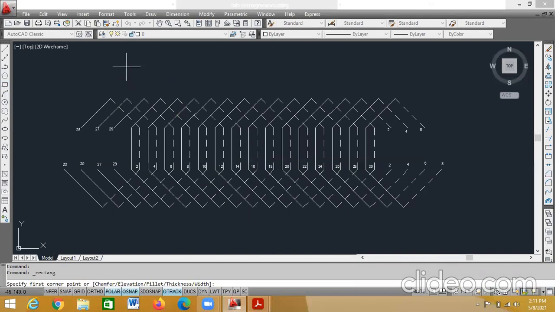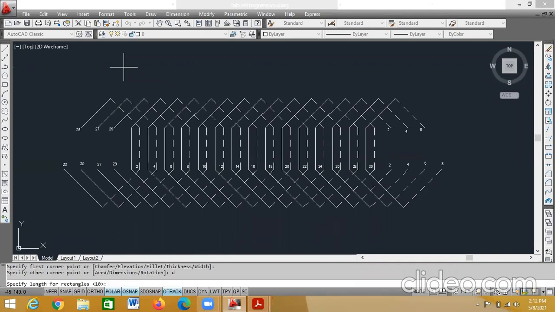Specify a point somewhere here. Click. Then it asks to specify the other corner point or area, dimensions and rotation. We know the dimensions, so I'll type D and press enter.